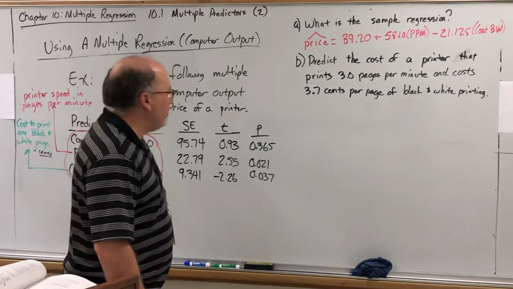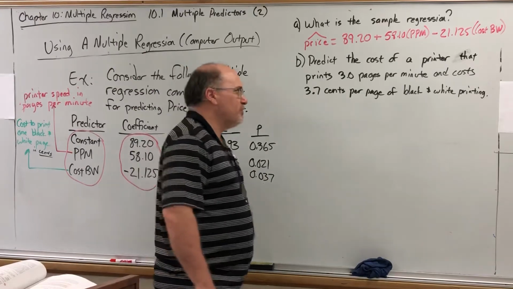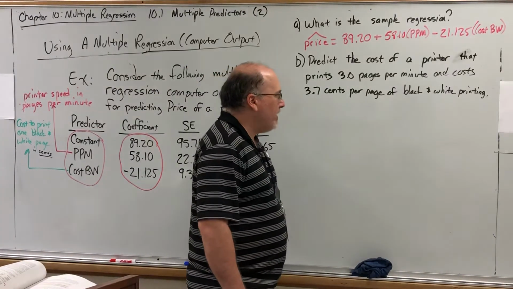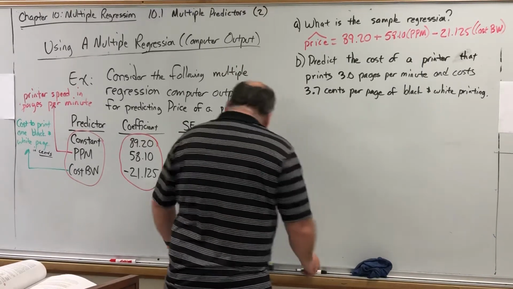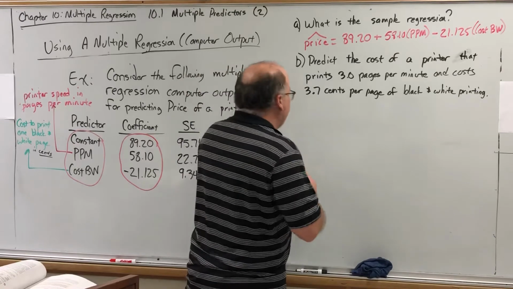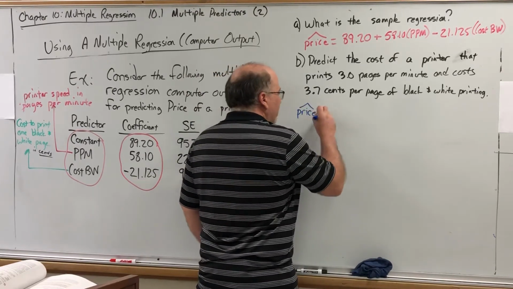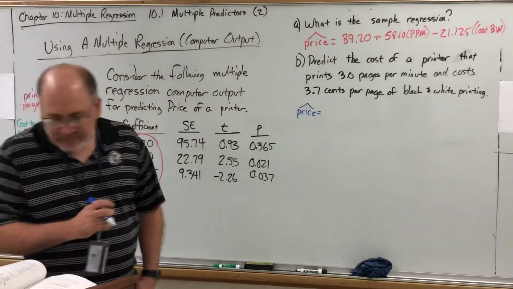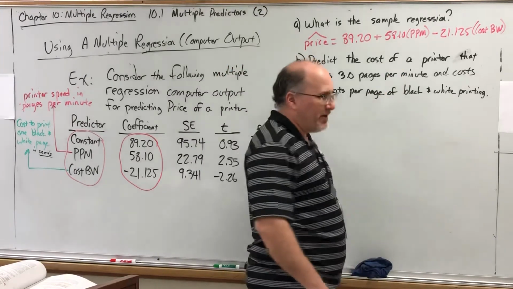Now let's use this equation to predict the cost of a printer that prints 3.0 pages per minute on average and costs 3.7 cents per page on average of black and white printing. Well, just like before, we just substitute values. So our predicted price, we'll check something real quick, folks. Okay, just making sure they use the same number of decimals in the textbook as I did because I'm stealing